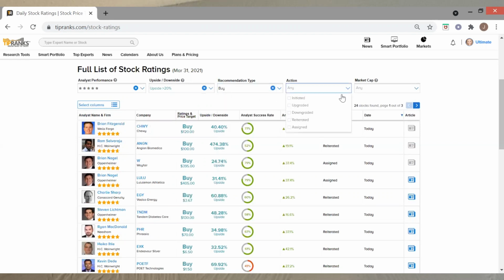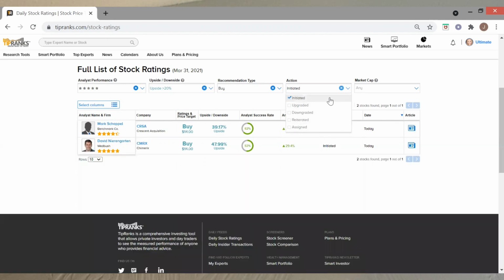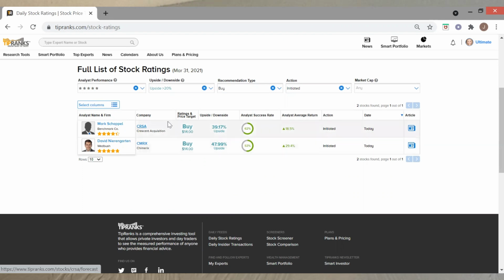Now under action here, there's several different choices. We're going to focus on initiated, but I will include a link down below that helps see how those actions are defined. Now with these filters in place, we get down to just 2 stocks that have buy ratings and